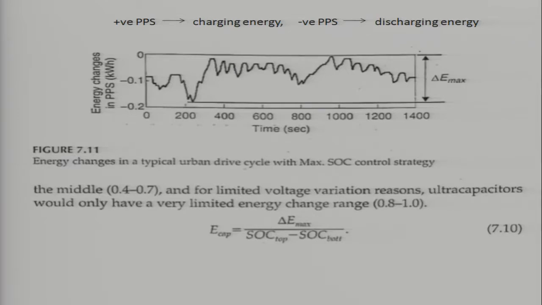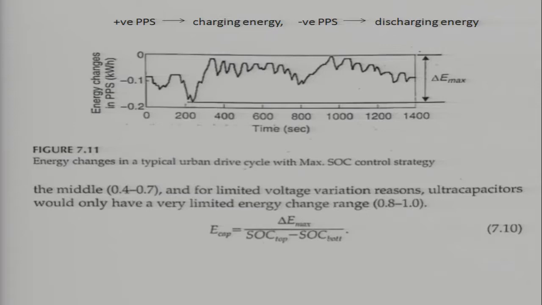So this is what we have seen for the series hybrid drivetrain. When you are using a series hybrid drivetrain, these are all important parameters which we have seen. We have seen the block diagram of the series hybrid drivetrain, then how exactly each block of the block diagram can be seen, how the functions of each block can be decided, and how each block can be designed, that also we have seen.